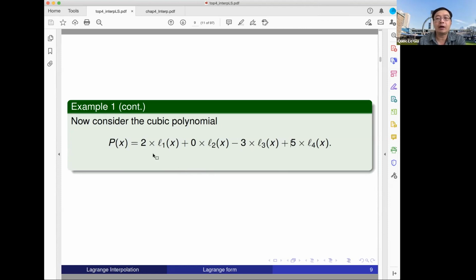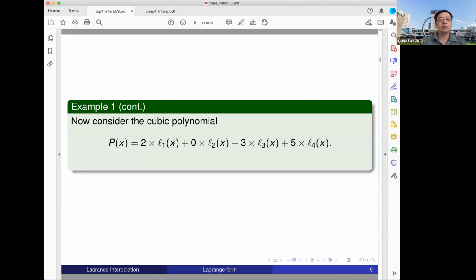So how do you verify that? How do you verify that this is the correct polynomial? How do we know that this is the polynomial? Yes, you plug in the value. So now what happens if I plug in the value? Remember, if I plug in the value x equals 0,